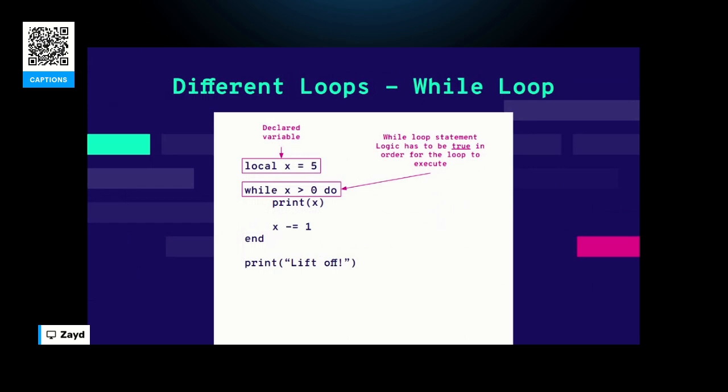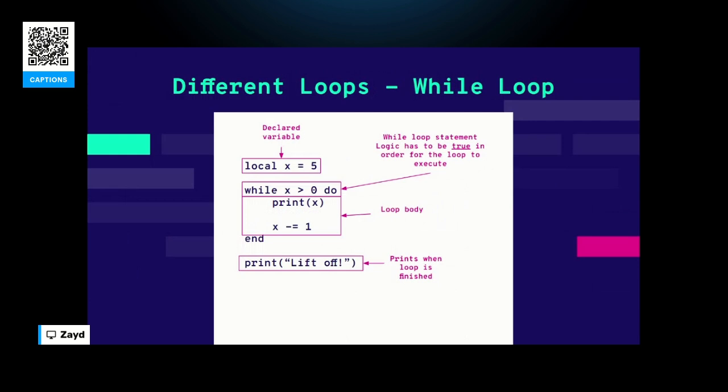Next, what we have highlighted is the while statement. We are checking to see while x is greater than 0, do the following, which is print x, and x minus equals 1, which is our loop body. We need to make sure that we are doing some sort of change to the x to prevent an infinite loop. If we don't do anything about it, then unfortunately our code will crash. And there's a possibility that the game will crash, but hopefully not. In this case, we are doing so just by subtracting 1 from x.